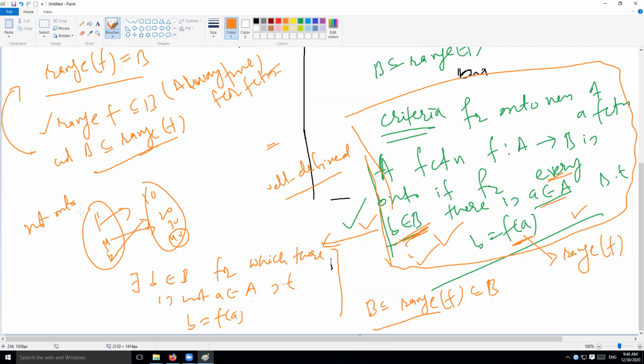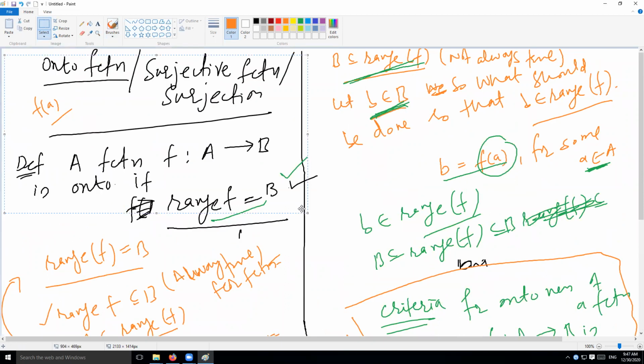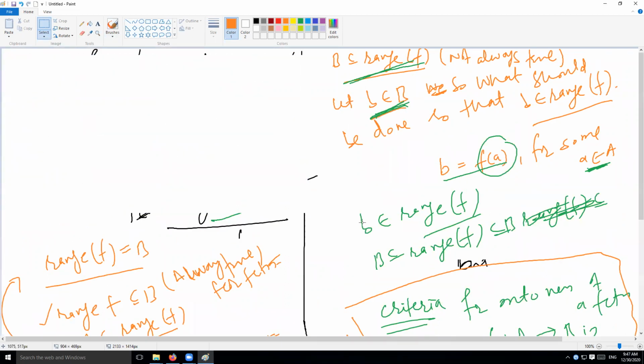So if some function is not onto, that means there are elements in the codomain which are not images of anything from the domain, and hence the range is not equal to the entire codomain. So keep only this condition in mind: if you want to prove a function onto,